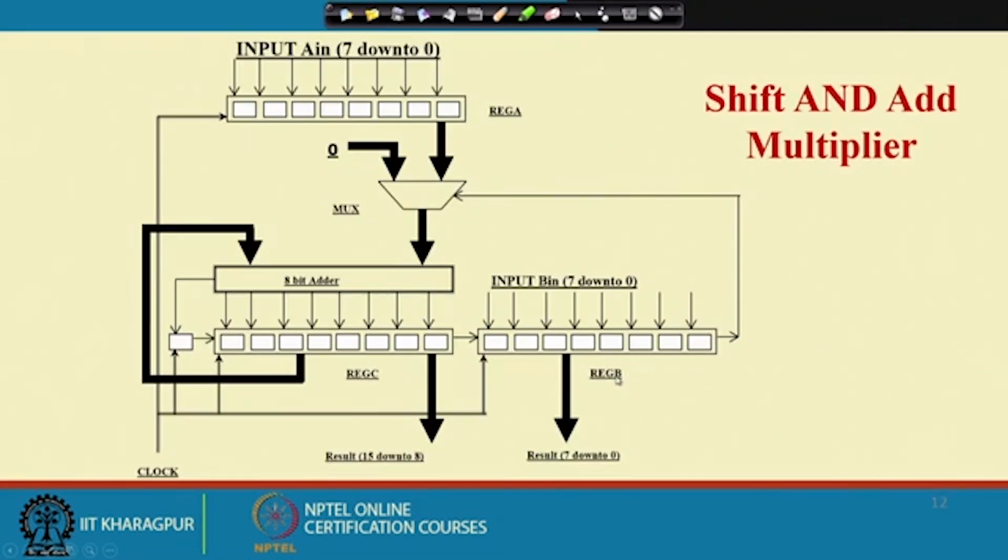So, what I said is that there is also the shift and add multiplier. These are the basic multipliers. We will see this shift and add multiplier along with other multiplier architectures in the next class,